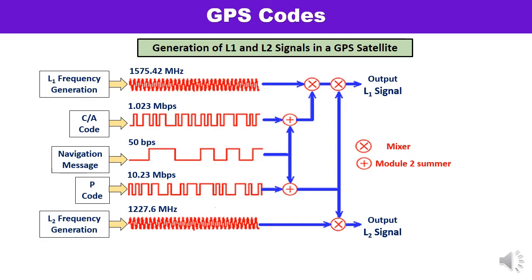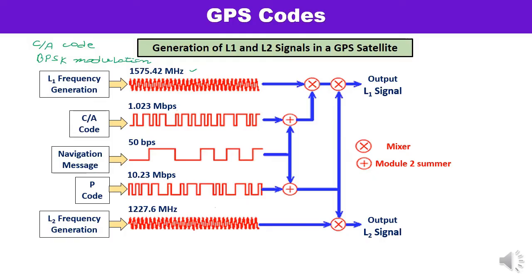All the satellites in the GPS system transmit the C/A code, that is the coarse acquisition code, at the same carrier frequency. The carrier frequency is 1575.42 megahertz, which is known as L1 over here, and this is done by using BPSK modulation. So here the modulation is BPSK modulation.